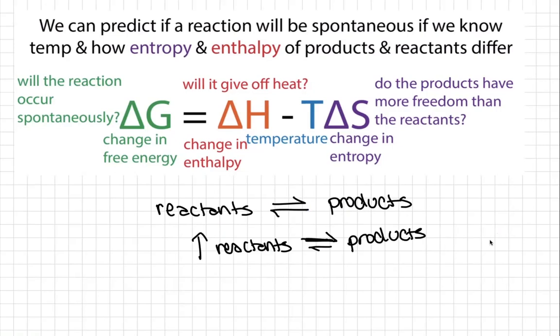And if you add more of your products, well, now the reaction is going to be driven to the left. And so then you make more reactants in order to compensate. So you probably talked about that in your general chemistry class, and we'll see how we can actually put